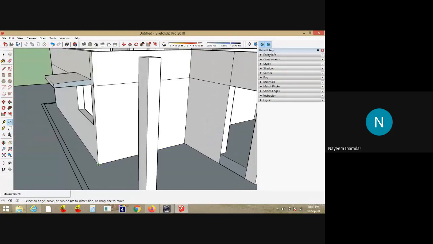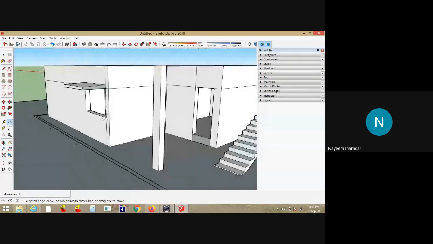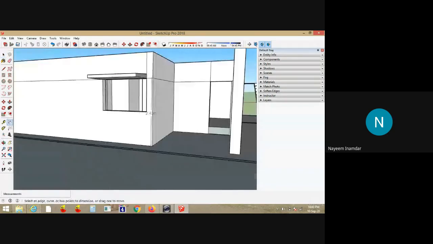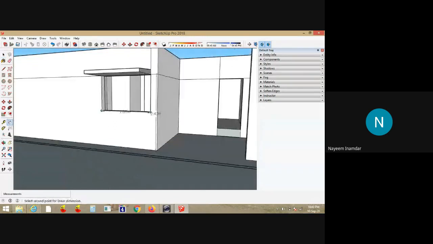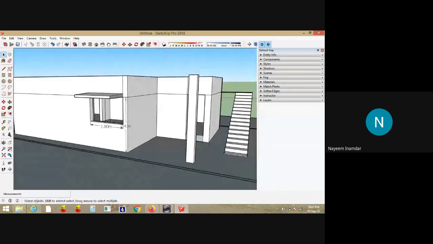Click on this. Just annotate the dimension which you would like to show. See here, it's visible now. Suppose you would like to show the lintel height up to ceiling height, you can show this also. Suppose you would like to show the window width, you can show this. This is how you can show the dimensions in the model. Okay, sir.